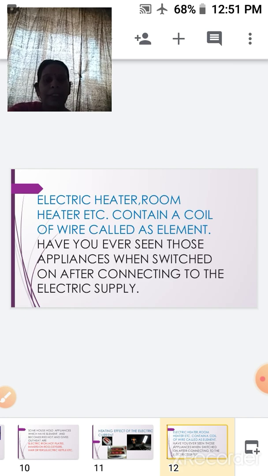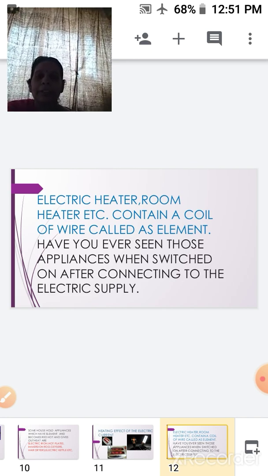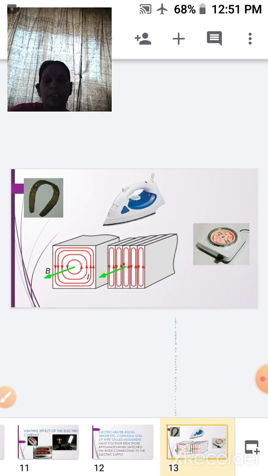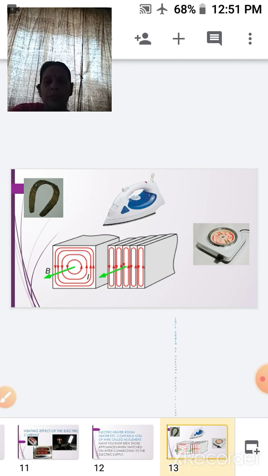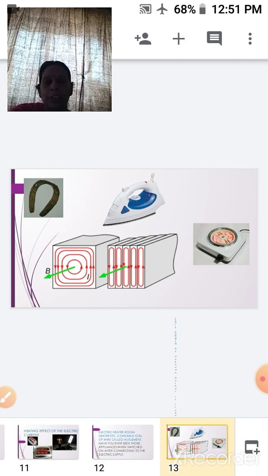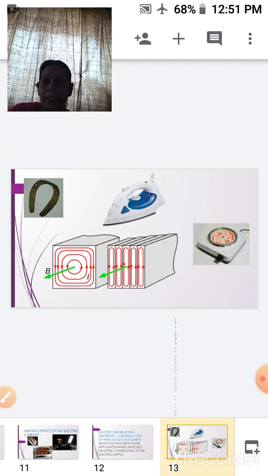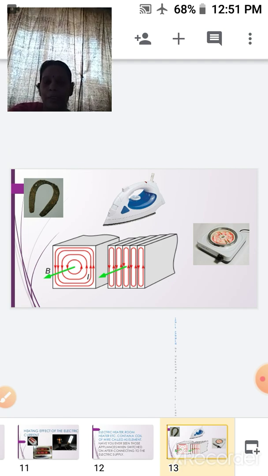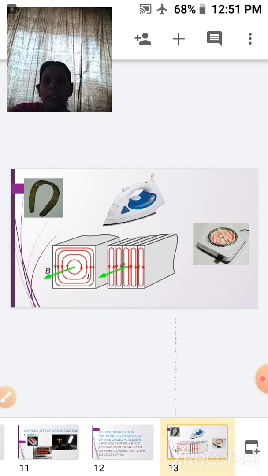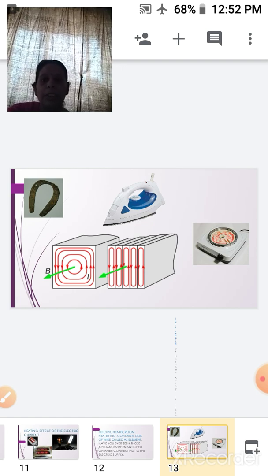Now, have you ever seen an appliance when it is heated and connected to the current? What type of heat does it produce? How does it take place and how is it seen? Here on the screen you can see a picture of the same: when your kettle or heater is heated, what is the scenario of that particular element? How are those coils arranged and how do they look? Here you can see on the screen.